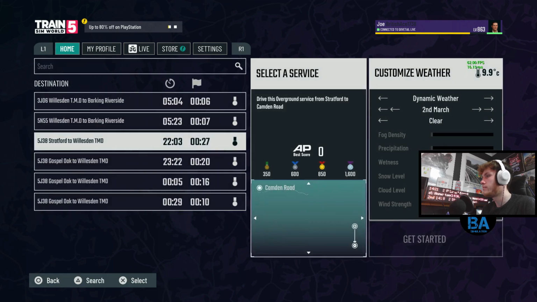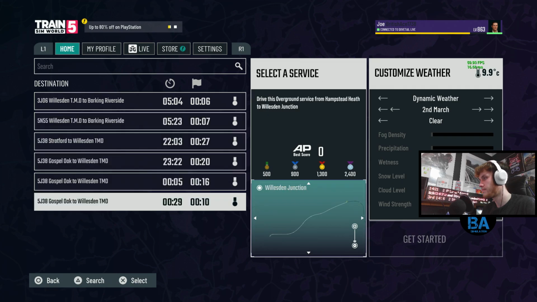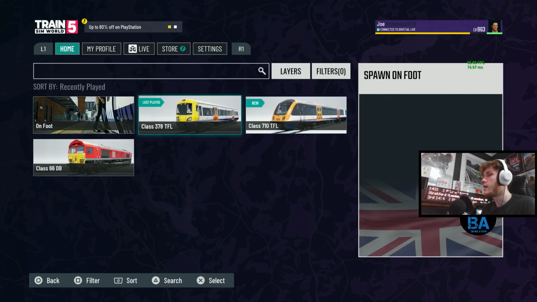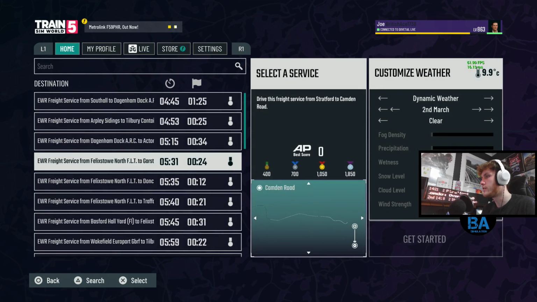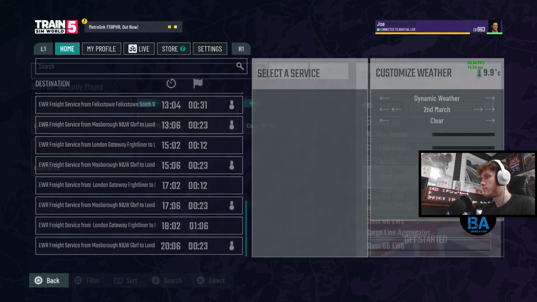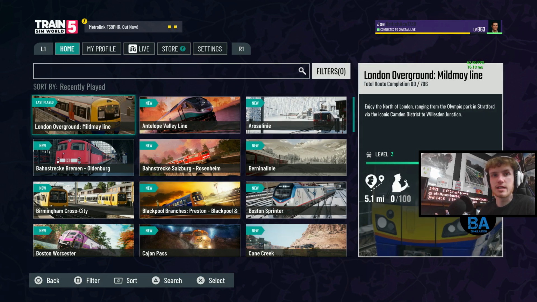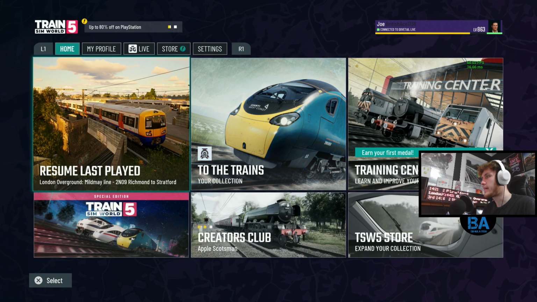The 710, yeah, they're all just ECS moves, empties, but quite cool to see. And then the 66, you get a fair few on there as well. Because this is attached to the Goblin line, so all the freight that comes off there obviously then comes onto the North London. Right, let's go back in, and hopefully